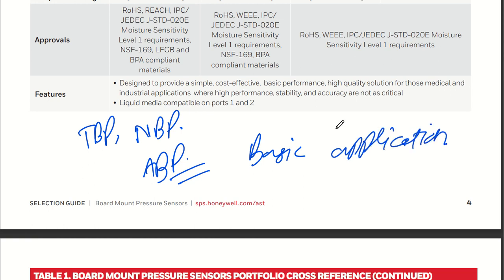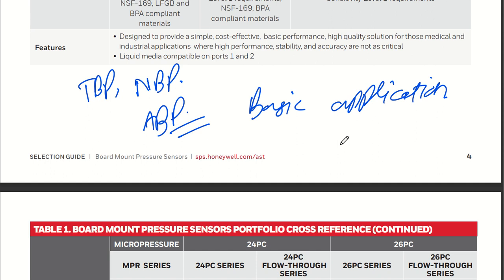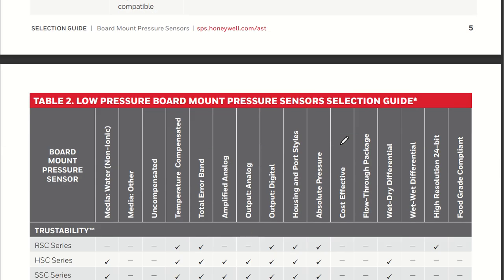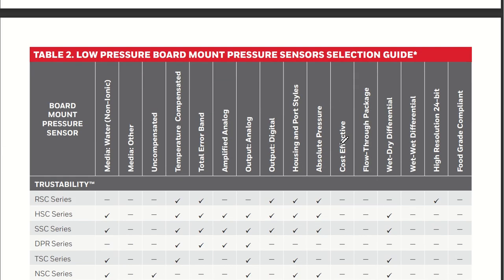But in this session I will talk about a few different applications as well, and at last I'll give you the application circuit for the blood pressure monitor and oxygen concentrators. Okay. Next, let us talk about the sensor selection guide, how we are going to select particular sensors based on our understanding. We first have to look at what the application is. Then the output type, whether it is analog or digital. Got it? Then the housing ports, whether it is barbed or barbless, or has no port.